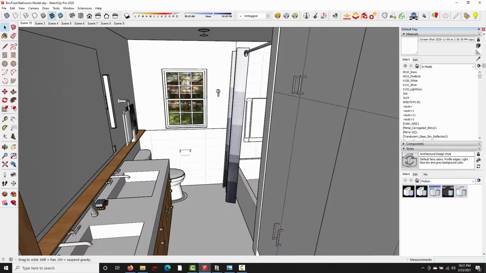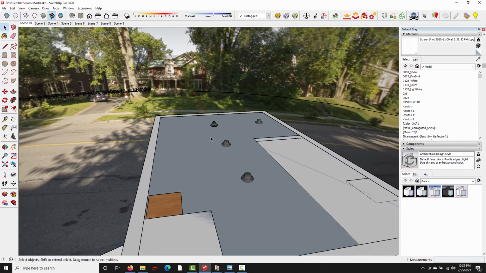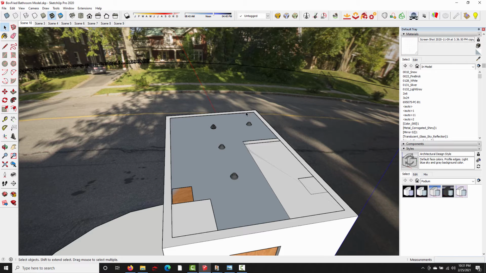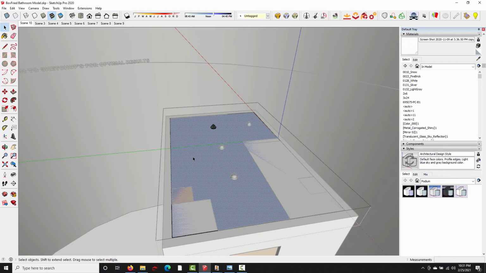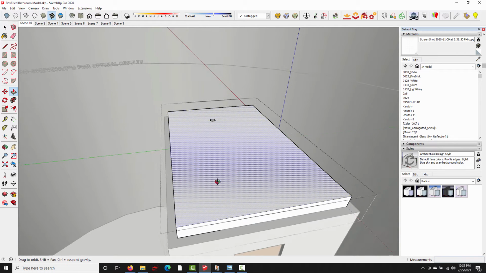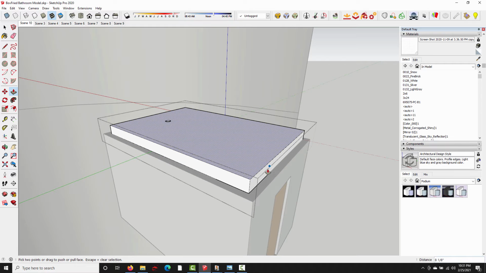So if we take a look outside, it looks like the user just took the SketchUp rectangle tool and placed a single SketchUp plane across this opening. But what we actually want to do is use a slab ceiling with a little bit of volume to it, and that's going to prevent any light from leaking through those edge intersections between the walls and the ceiling. So let me double click to open this group, hit P, and I'm just going to pull this face up a few inches, and then the last thing I want to do is extend these side faces to the edge of the walls. So pull that to here,